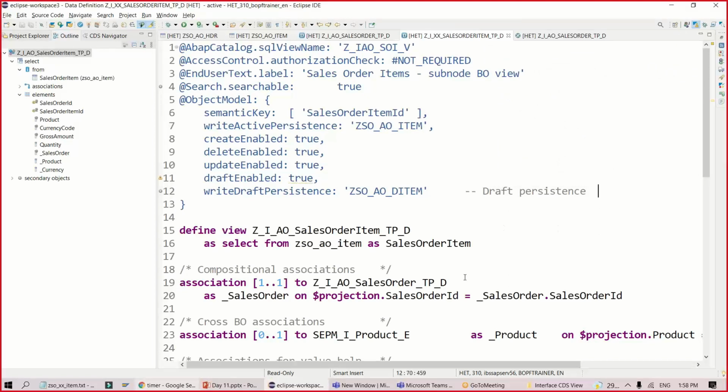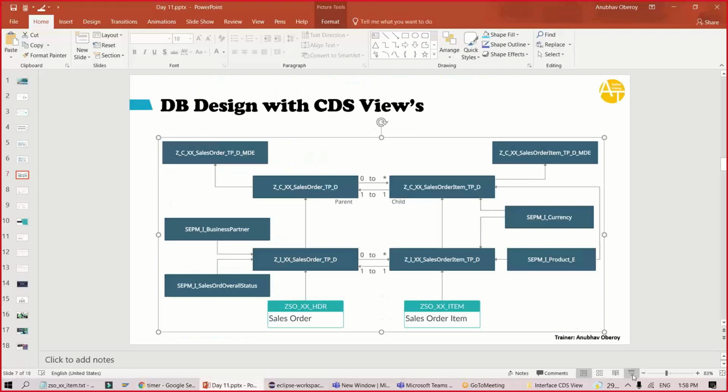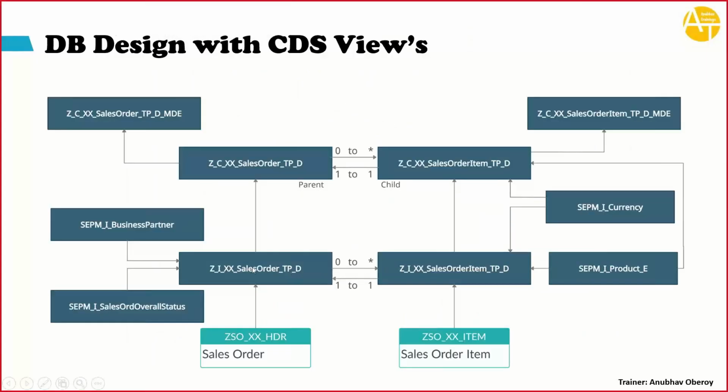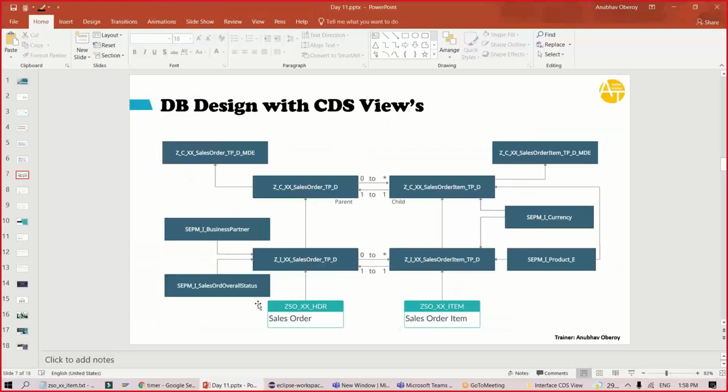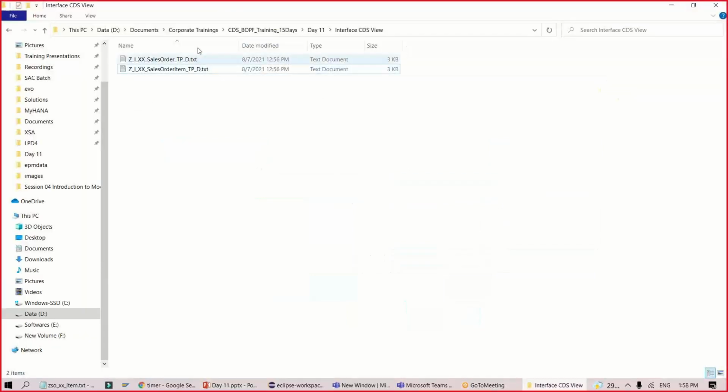Okay, everyone, let's come back to my screen. So now after creating these 2 views, let's move towards step 3, creating consumption views. We have to create consumption views on top of interface views. Consumption views are finally for the UI consumption. We will build these views on top of our interface views with a similar approach of composition. We will also build OData service on our consumption view always. Let's go ahead and build our consumption view step by step. I will switch over back to my next folder